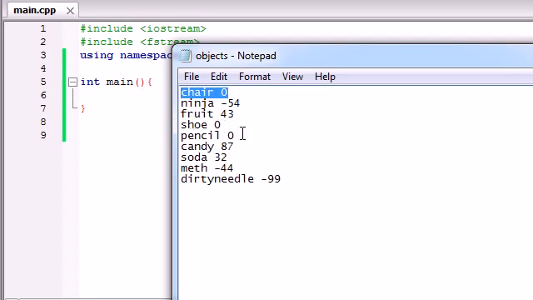Some objects have no effect on him whatsoever. Zero effect on his health or his happiness, whatever you want to call it. Some objects like ninjas, meth, and dirty needles, they harm our character. So they're going to have negative 54 energy, or we'll just say it's like energy or something. Now, some objects like a fruit, a soda, and candy help our character out, so they're going to give him positive energy. So as you can see, we have a file with a name and the effect that it has